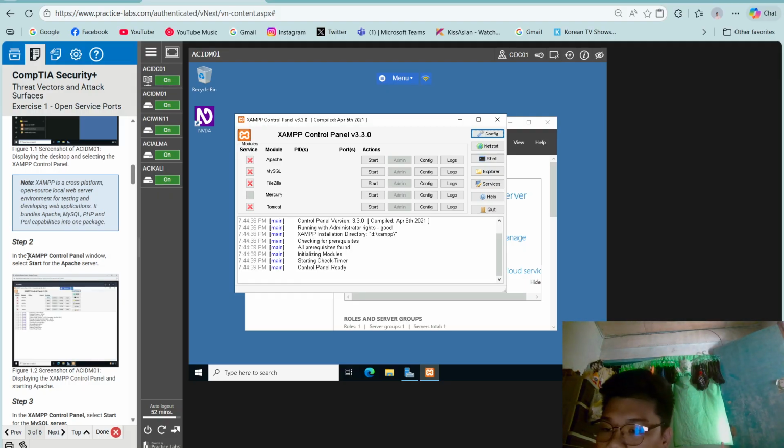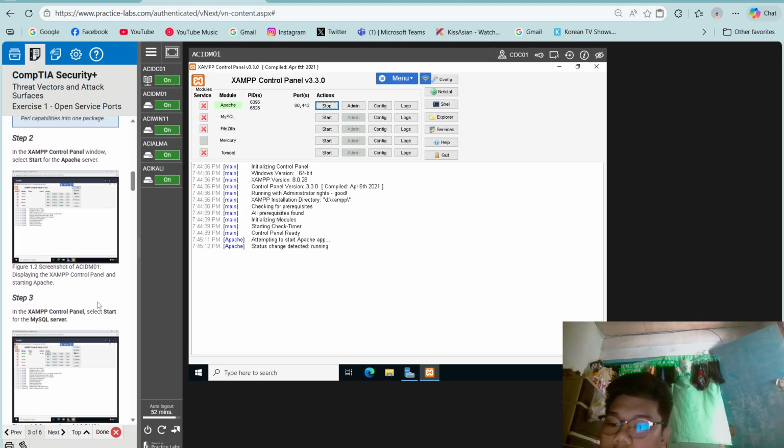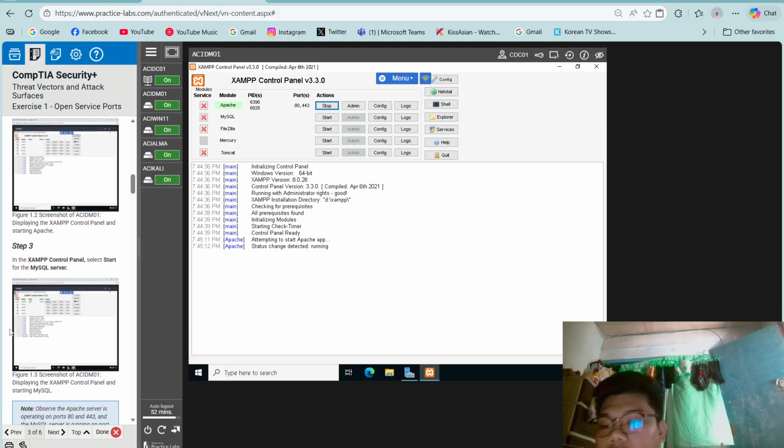In the XAMPP control panel window, select Start for the Apache server. Step 3. In the XAMPP control panel, select Start for the MySQL server.